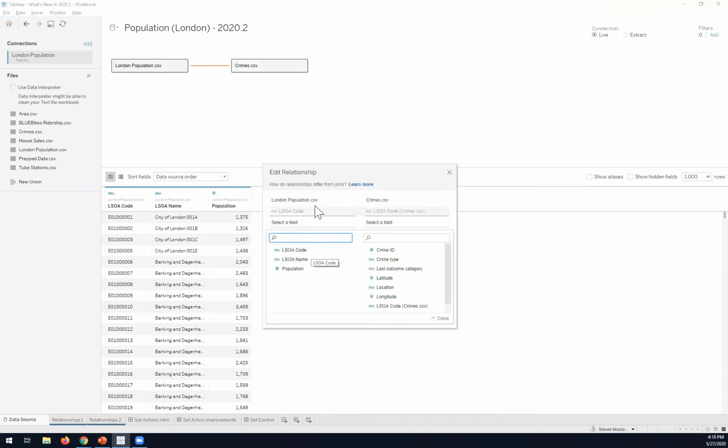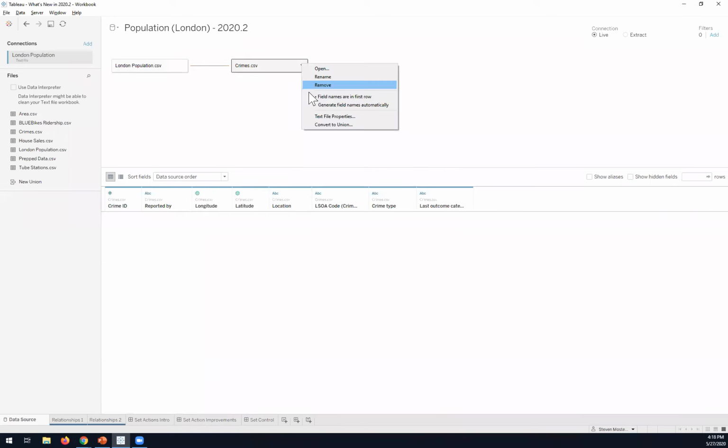So this is where you would, if you need to, because obviously there are going to be times where you're going to join two different data sources or multiple tables here, where Tableau isn't going to know which fields it needs to join on. When that's the case, you'll get this join screen.